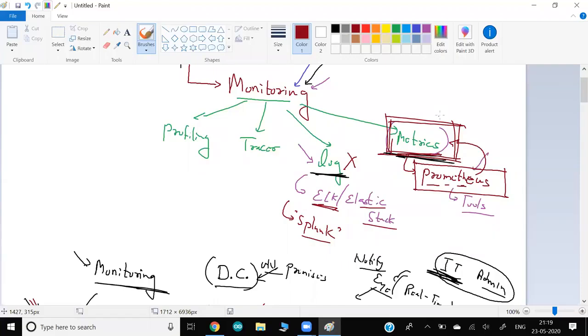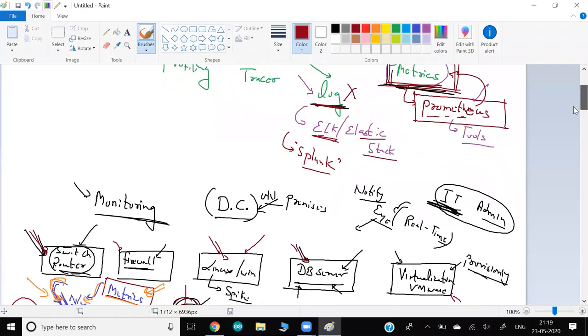For metrics monitoring, I'll explain the difference, and I will explain more differences when I get to logs. If you go for metrics monitoring, it means I would like to retrieve just RAM, CPU, network bandwidth, something like this. Very simple examples.